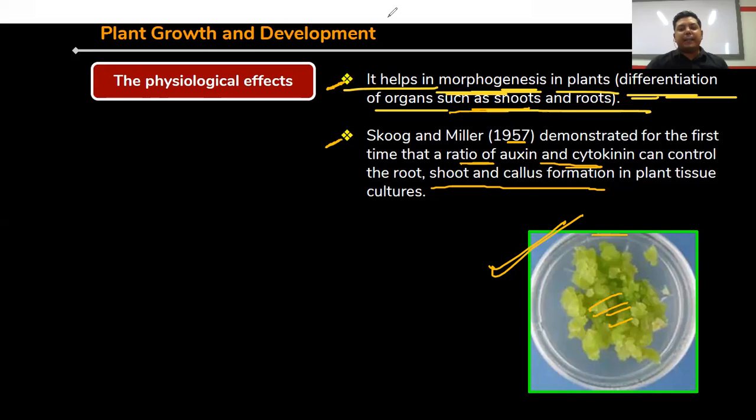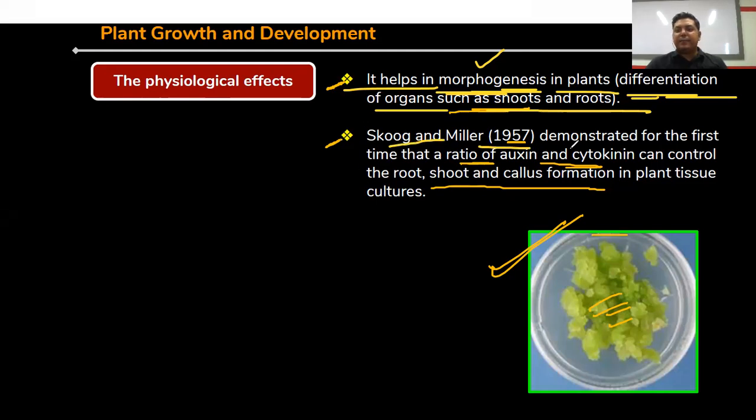So in case of cytokinin, they are mainly involved in cell division processes. That's why they are also applied in tissue culture methods. Clear? They are also involved in some amount of cell enlargement, and in the morphogenesis process. Morphogenesis means that when a seed is getting germinated, some specification of the plant parts takes place, for example shoots and roots. This is called morphogenesis, and here also the cytokinin is involved.